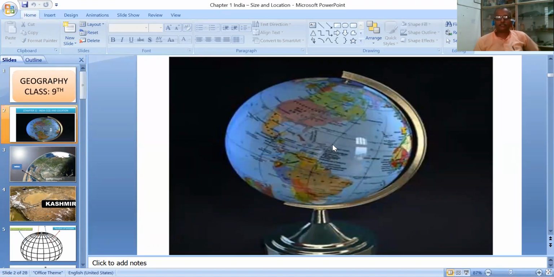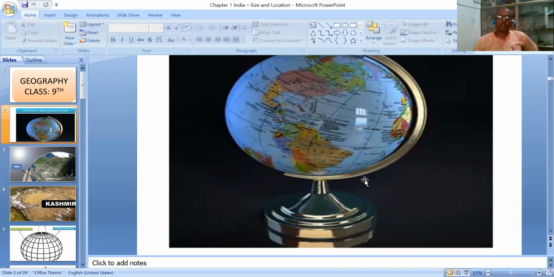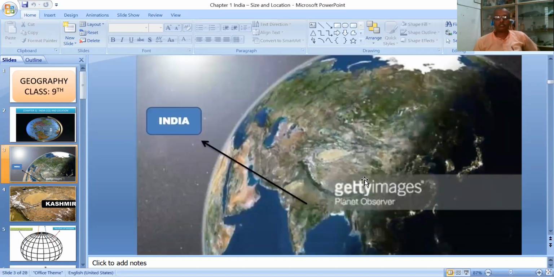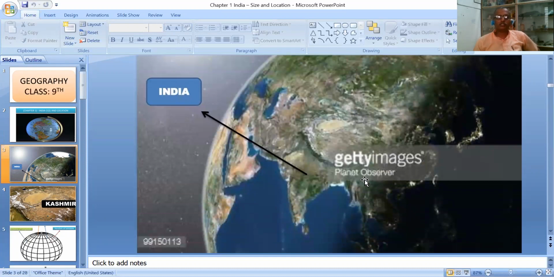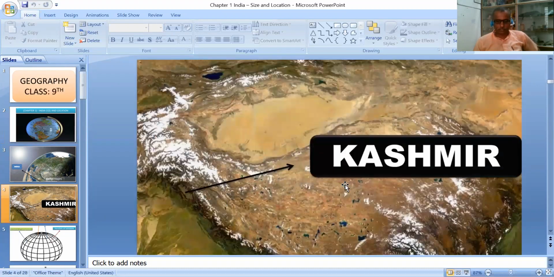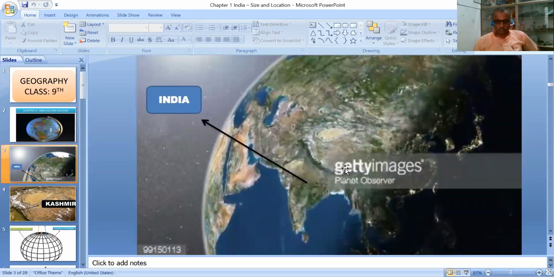Fine. So this much is enough to note. There are lines on it, the globe is a little bit slanting, and the stand is holding it. Fine. How could we develop this globe in today's satellite world? If we look at our country from the sky, it appears like this. So this is one of the photographs taken of India's location and boundary.